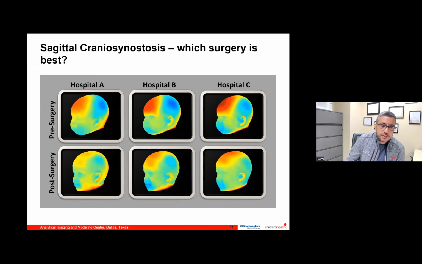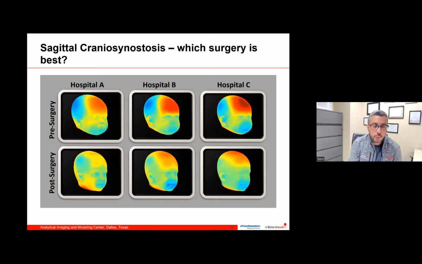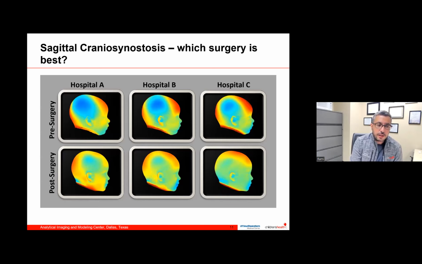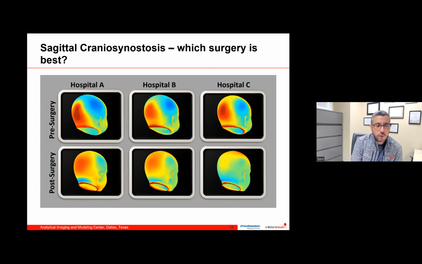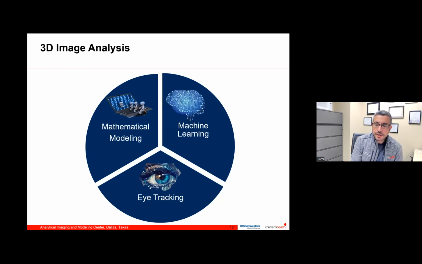There's a lot of research that can be done in plastic surgery to figure out which surgical technique is better, and how to make deformities such as sagittal craniosynostosis look more normal. There are many different ways we can do that. But one way definitely is artificial intelligence or machine learning. And this has been, again, gaining so much interest in healthcare. And today I want to be focusing more on machine learning as our way to analyze data in our center.